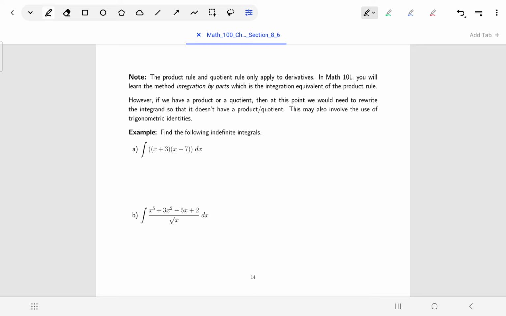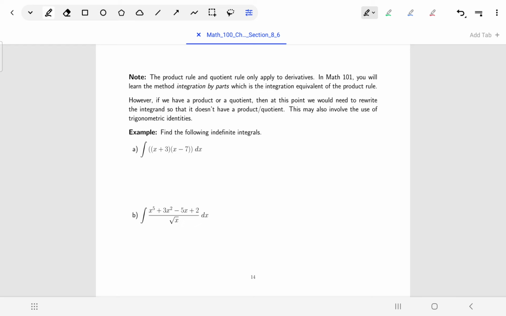Welcome back. We're continuing to look at indefinite integrals and reminding ourselves once again that although we had some basic integration rules, we didn't have a rule on there for products or quotients. So we have a product rule and a quotient rule for derivatives, but not for integration. There is in Math 101, the second calculus course, a section called Integration by Parts, which focuses on the product rule equivalent for integration. But for now, if you see something that's a product or a quotient, that means you're going to need to do something to it to get it into a form where you'll be able to find